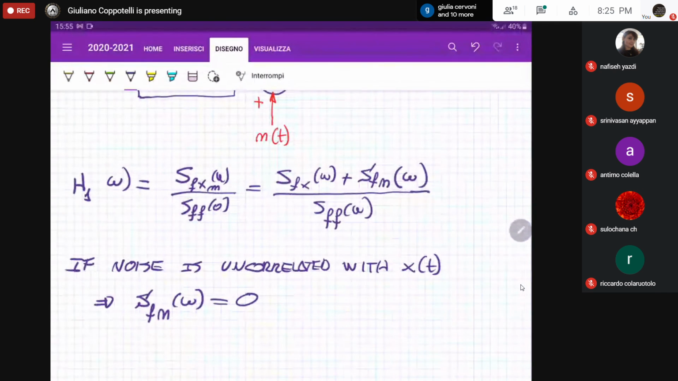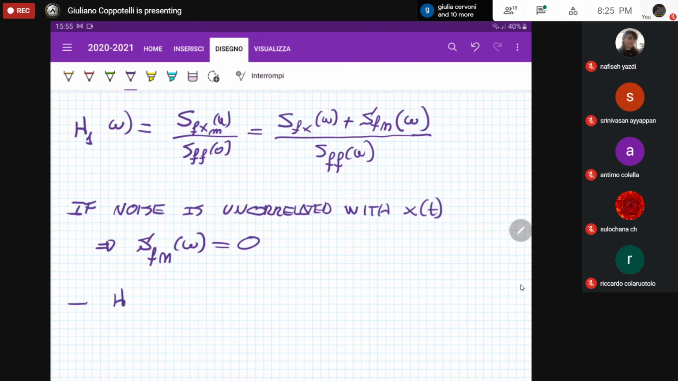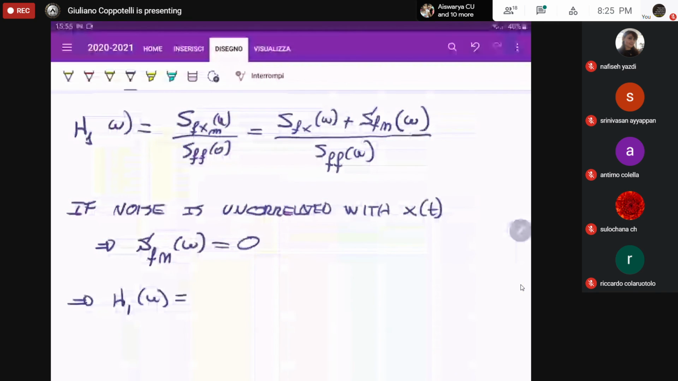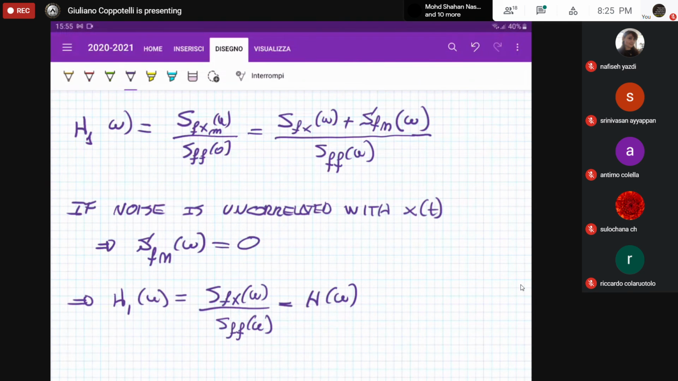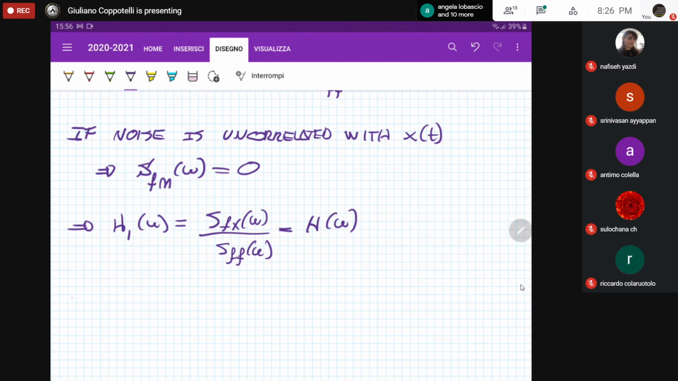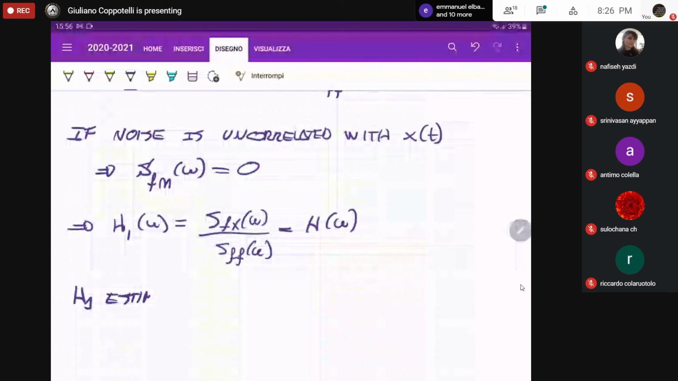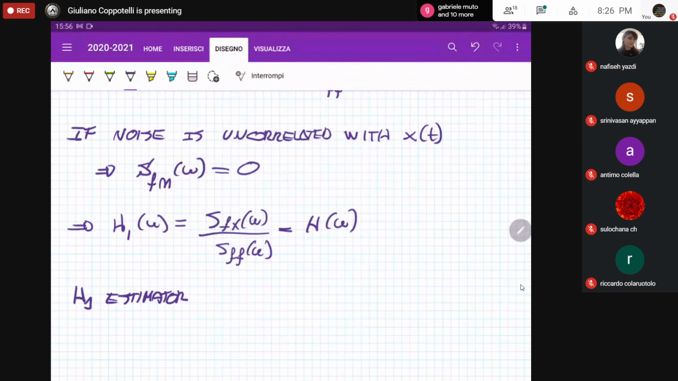And thus your H1 of omega, that is the H1 estimator when we are having noise, is simply the ratio between SFX of omega divided by SFF of omega. That is H of omega. So as we can see, when we are considering the H1 estimator, the noise at the output stage is not affecting the estimate of your frequency response function. Or in other words, the H1 estimator is unbiased